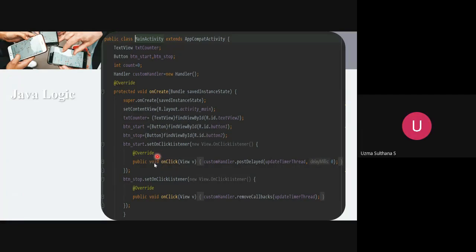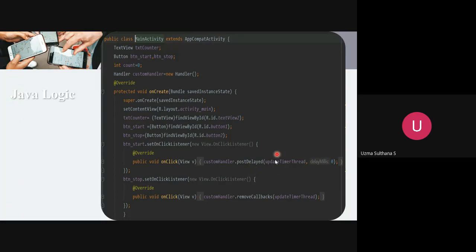Okay. Next, once we have performed the start button, we will go for the stop button. In the stop button also, same syntax, dot setOnClickListener. Once we click on the stop button, certain actions need to be performed. So what actions need to be performed? It should remove all the existing messages inside this particular runnable object. So we are giving the runnable object updatedTimerThread. So removeCallbacks' task is, whatever the pending work is there, it will kill that pending work. So this is very simple. The stop button has only removeCallbacks, and the start button has the postDelayed method.